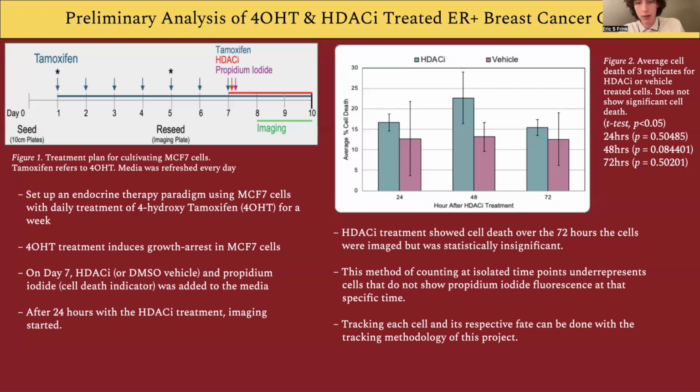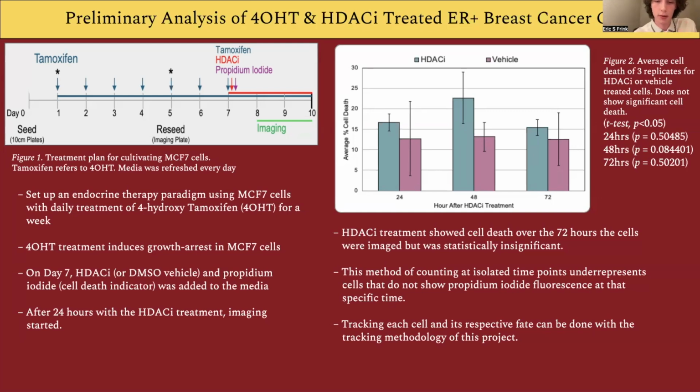However, this method of counting underrepresents cells that do not show the propidium iodide. So propidium iodide is the marker for cell death. It can penetrate the nucleus when the cell is dying. But this method of counting does not represent the percentage of cells that do not express the propidium iodide fluorescence in between each time point. And so this method is sort of a preliminary analysis